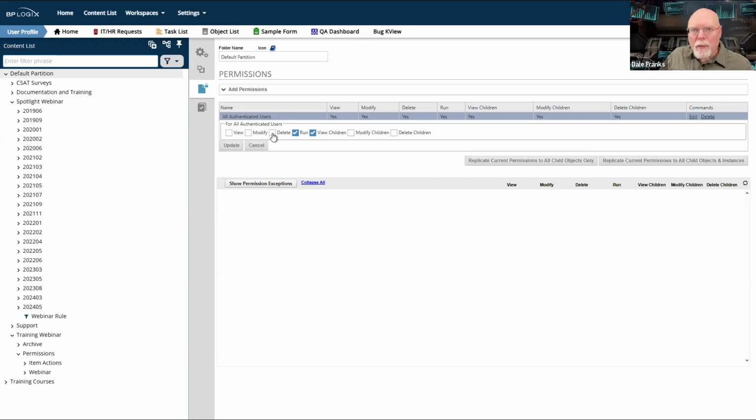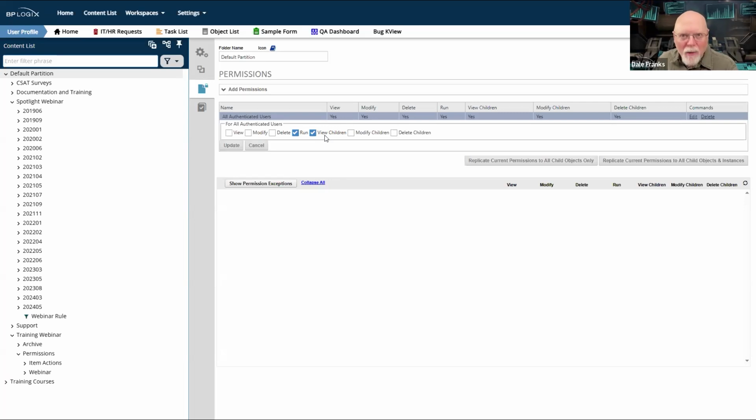So I might have several different permission groups, but the important thing to remember is that the more expansive groups, which is to say the groups that contain the most people, the most generalized groups, and the most generalized group possible is all authenticated users in terms of actual process director users, should have the least permissions. And your minimal permission set is probably run and view children for all authenticated users. And then for your smaller groups, you can give them more expansive permissions that match the particular duties that they have.